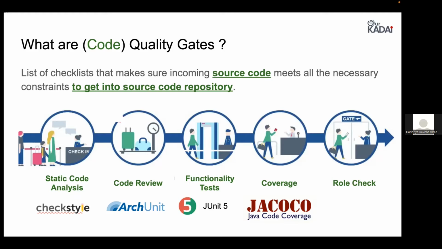And the final check will be the role check. Like if I'm in a develop branch and I'm not permitted to commit my code directly into a higher branch, or I'll be put up to some basic tests, or I'll be asked to create a pull request to do a commit. So that is the role check, and that can be done through our GitHub Actions. Okay, these are all the basic code quality gateways through which our code has to go first. So now let's go for a small demo, and let's see how all these things are being incorporated.